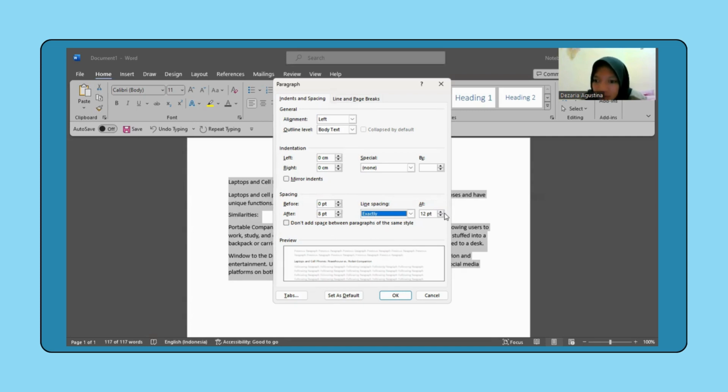Since I have 12 point, I'd like to set it about 15. I choose 15. Now you may notice that there is some extra space.